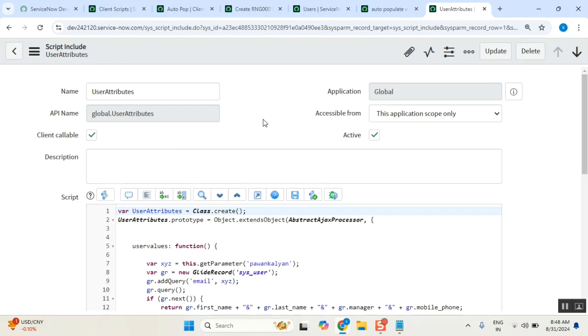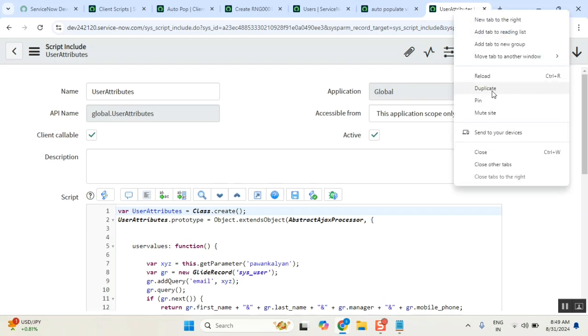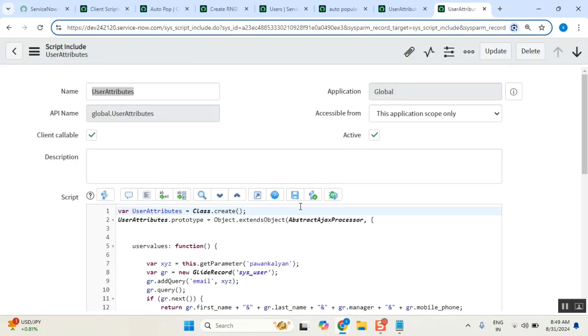It is global, so you can create a script and use it from anywhere. It's a server-side script, and we can use it from anywhere. This is the first point. Now very carefully see the